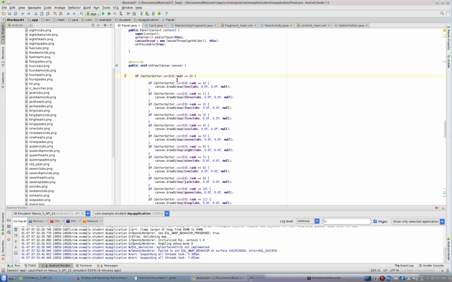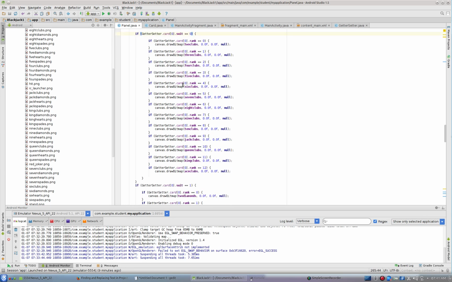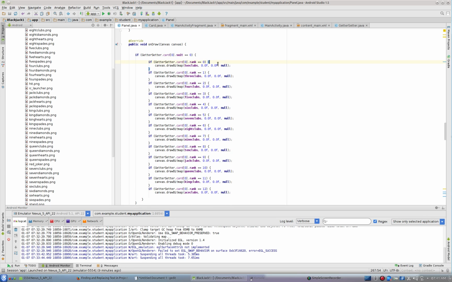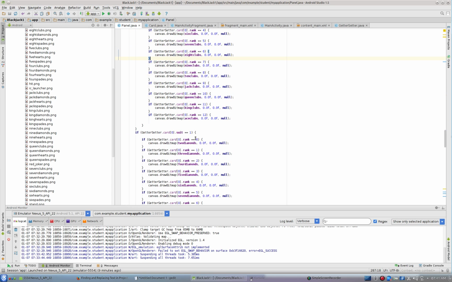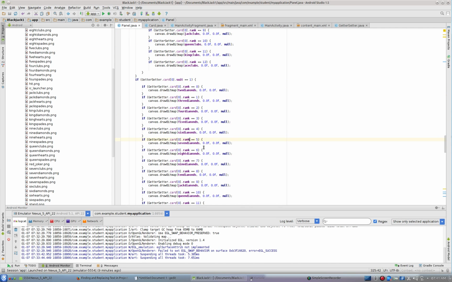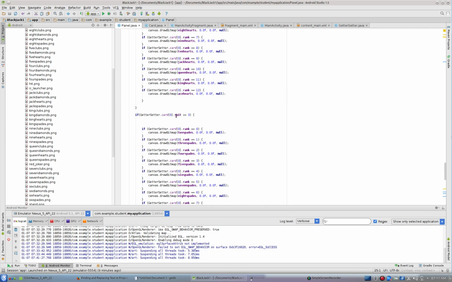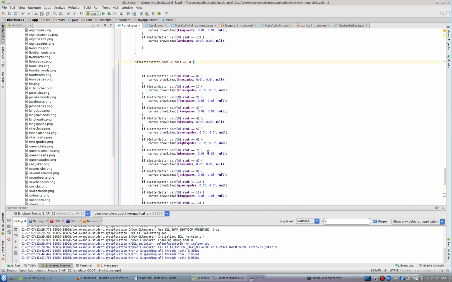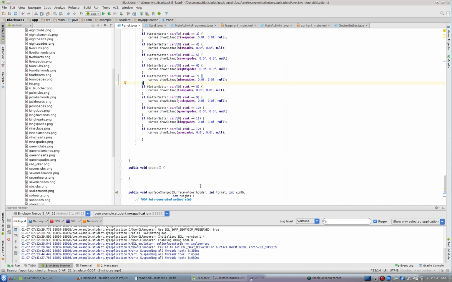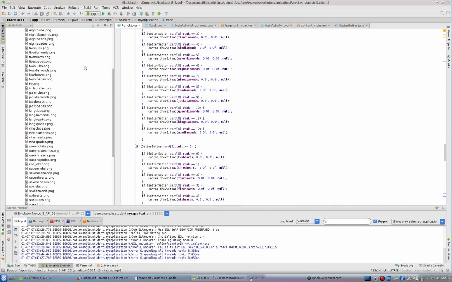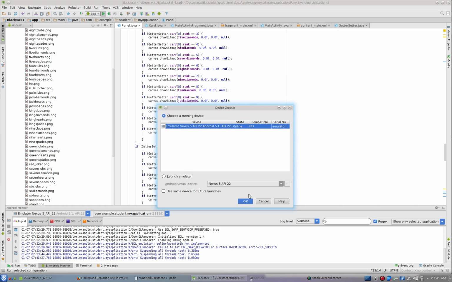that's been copied into our Getter-Setter class, if the suit is 0, well, depending on what the rank is, that's what card we're going to draw right now. All right, and if the suit is 1, check the rank, and if the rank matches, draw whatever. So we're going to check the suit, and then depending on what the suit is, we're going to check the rank, and depending on what the rank is, we're going to draw a card. Okay? So you want to get that set up